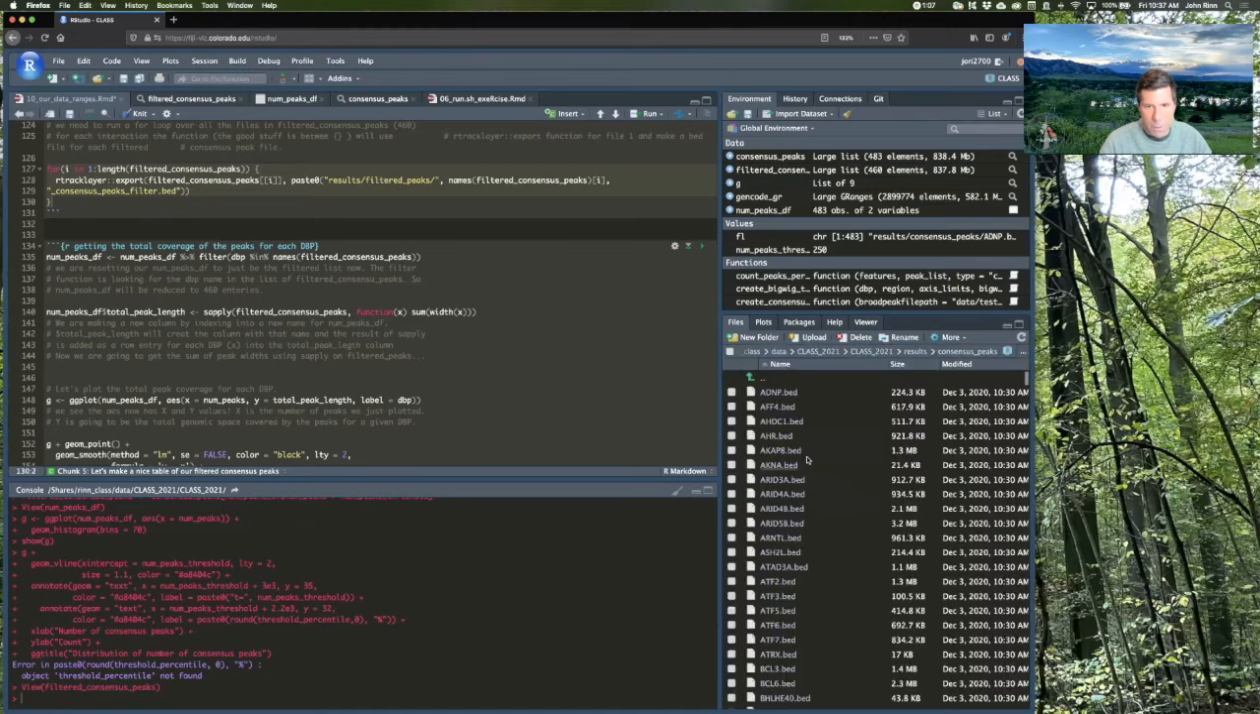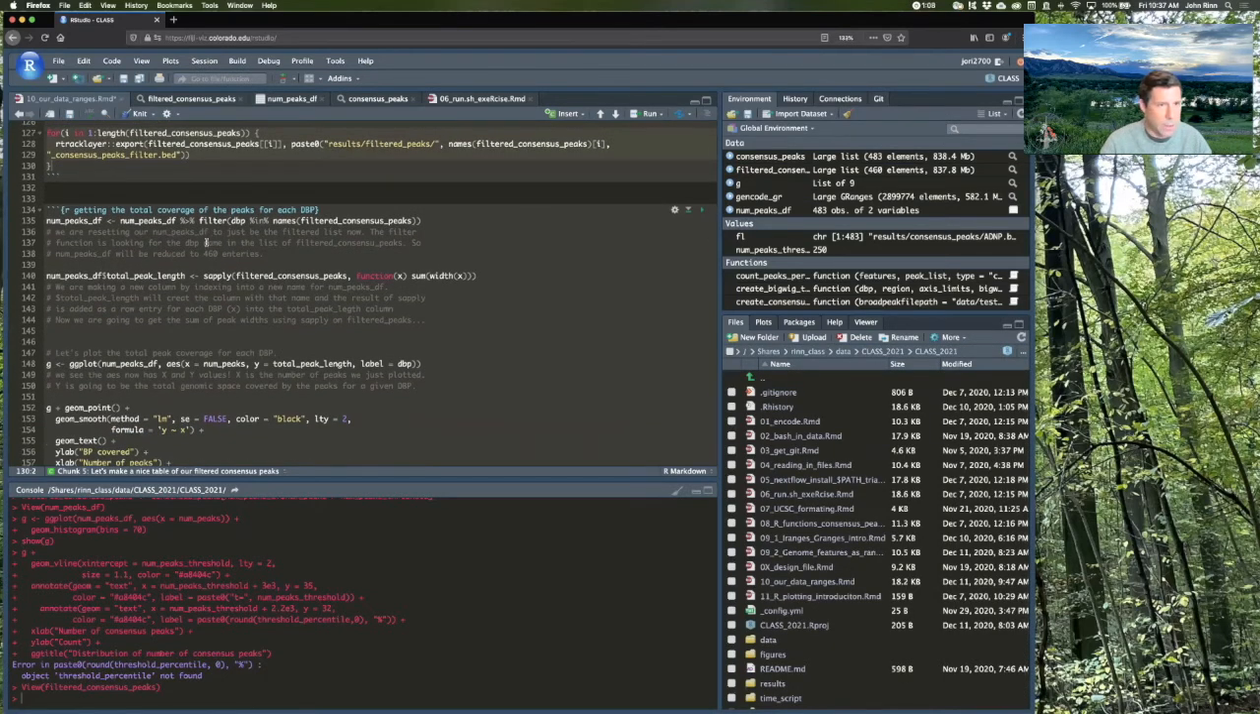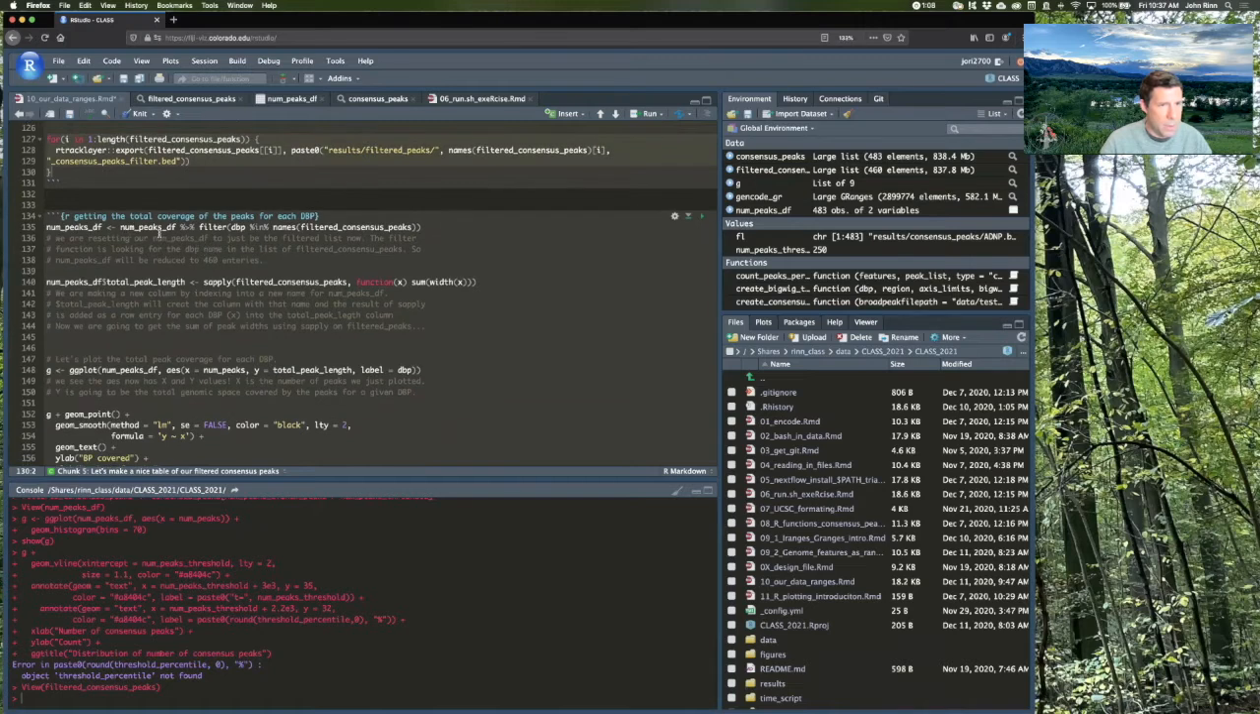And when we look at consensus peaks, this is where we'll be working from moving forward with these files. Okay, so now that we have a nice set of those files, we can go and still do some more analysis on those files that are in the environment already. So in numPeaks df,